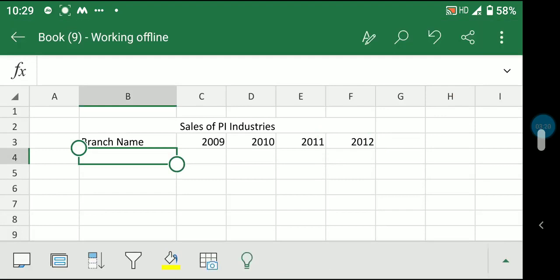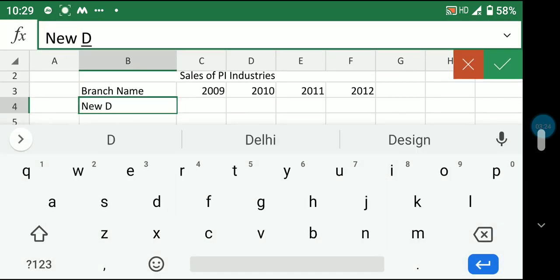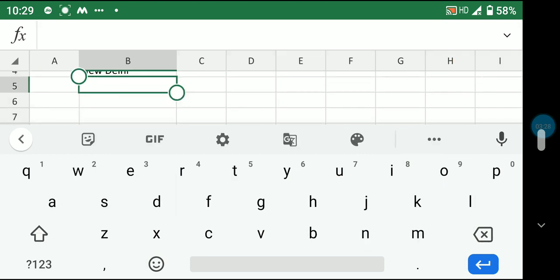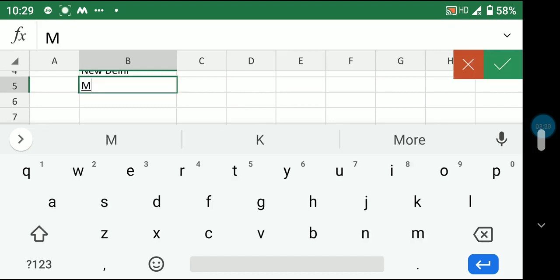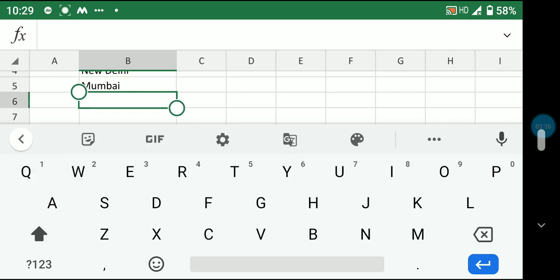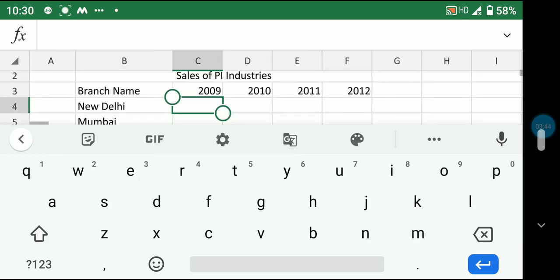Okay, so the first name is New Delhi. The second name they have given is Mumbai, the branch in Mumbai. Next they have a branch in Hyderabad as well. Okay, Hyderabad done. So sales I am writing, in 2009 the sale is